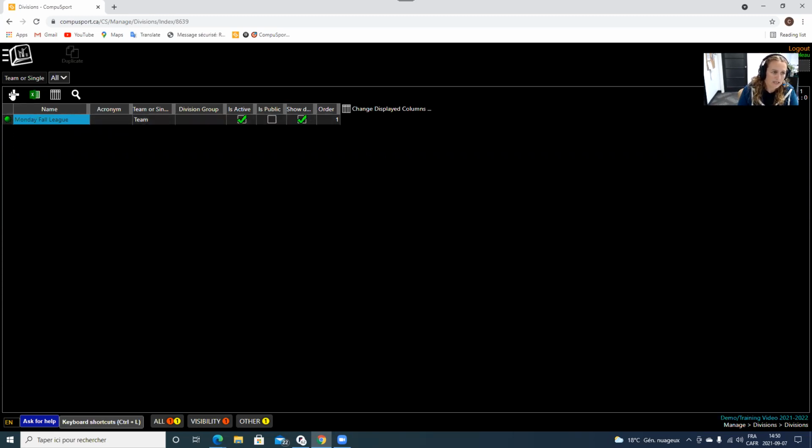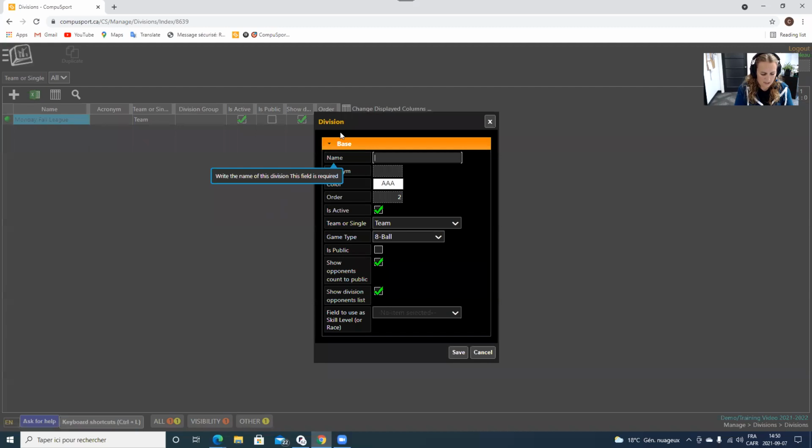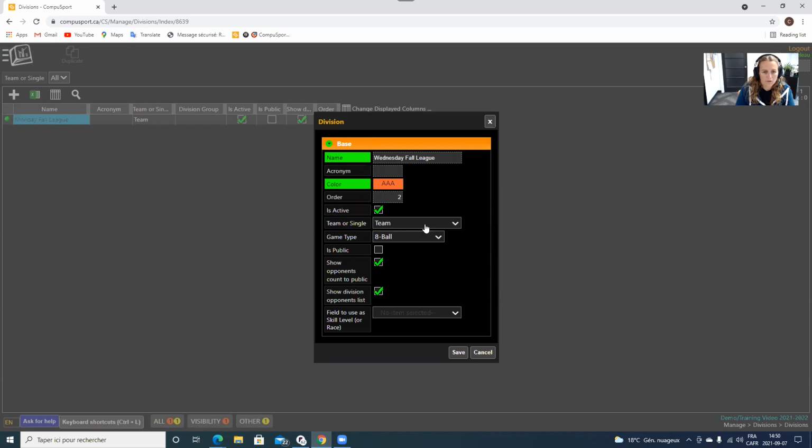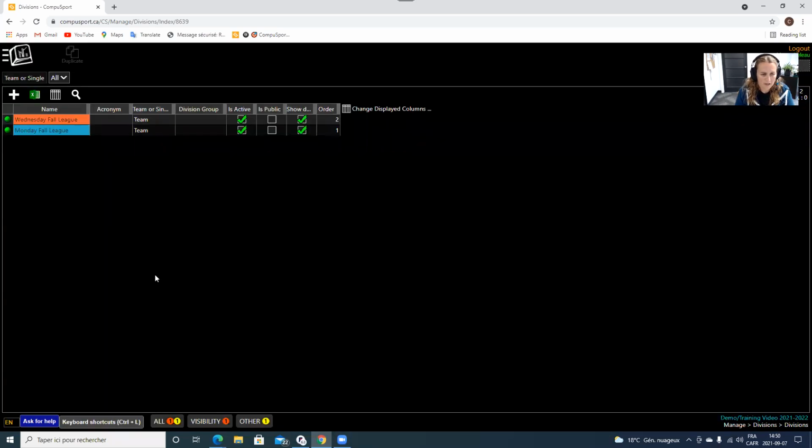So if I have another league, I click on the plus again. Now I'll do like Wednesday Fall. The reason I say fall is because you could also have a winter later on, and a summer or a spring, whatever. You can put all these divisions. Basically your event is good for 1 full year. So anything that's happening in that 1 year, so it could be a May to May, it could be a September to September,